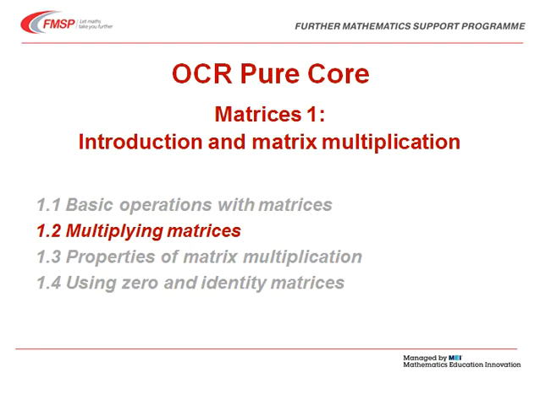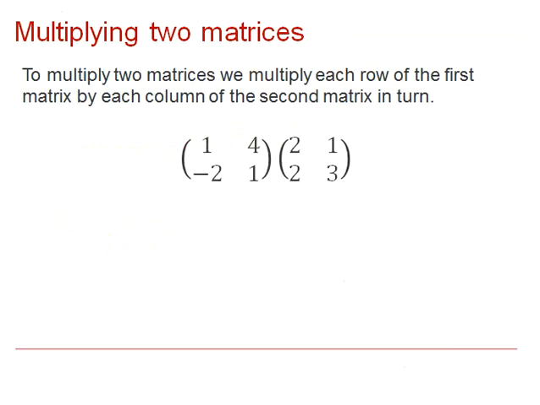Hello, this is the second matrix video for OCR Pure Core AS Further Maths, and it covers multiplying matrices. Here we have two square 2x2 matrices. To multiply them, we multiply cell elements from each row of the first matrix by cell elements of the second matrix. So, the first row,